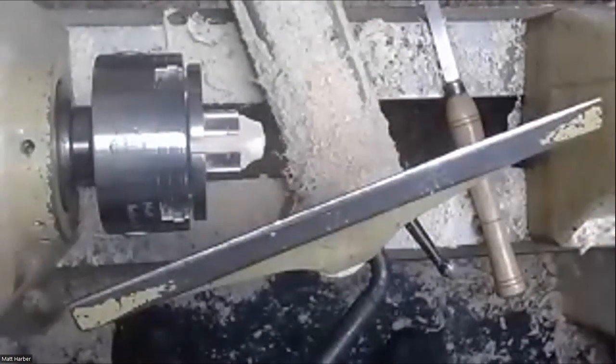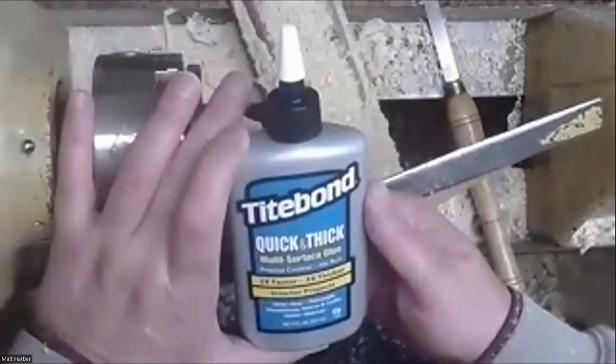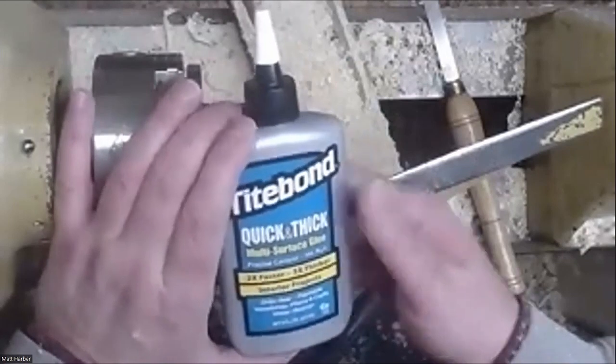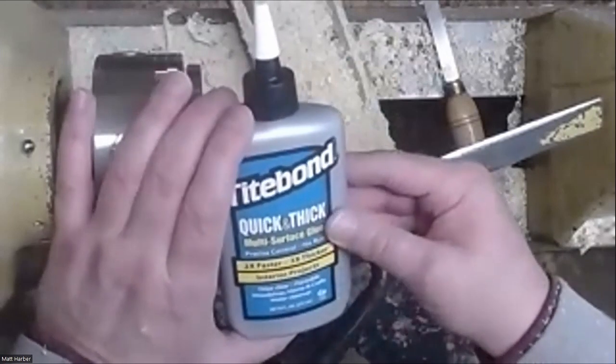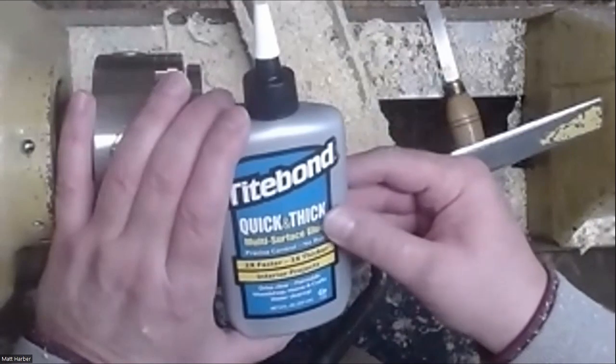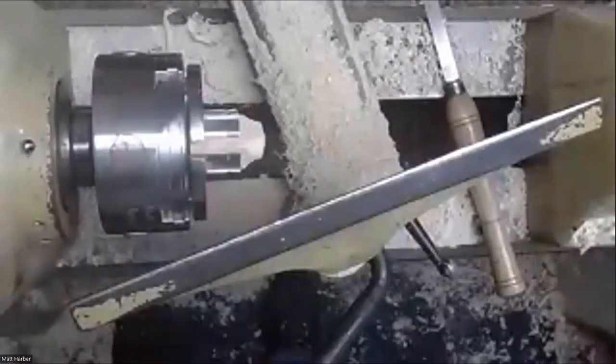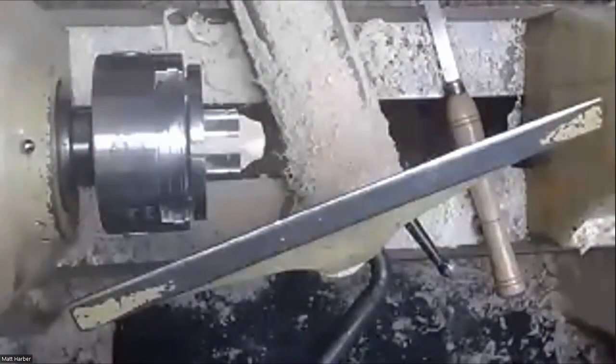The glue I use is Titebond Quick and Thick. It's this stuff, comes in this gray container. When you put it on, it's white, but it dries clear, and it's a really good glue for using with these projects with wood. I use it on the snowmen. I use it on a lot of things in the shop. Okay, so